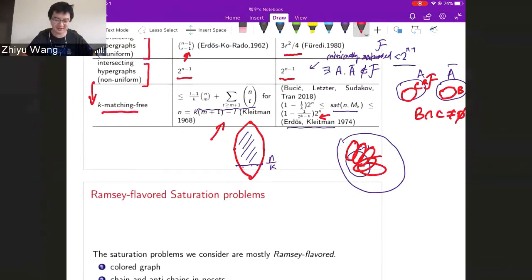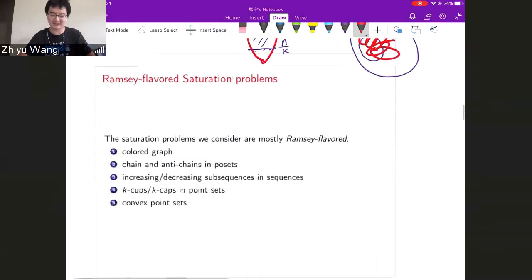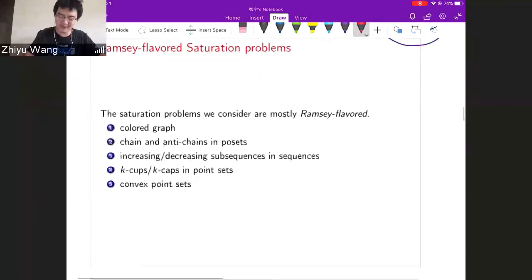Okay, so what we explore for this paper is different from the saturation in the above sense. They are more Ramsey flavored, instead of extremal flavored. So what we investigated is kind of this common Ramsey flavored context where we have a color graph where we want to avoid monochromatic